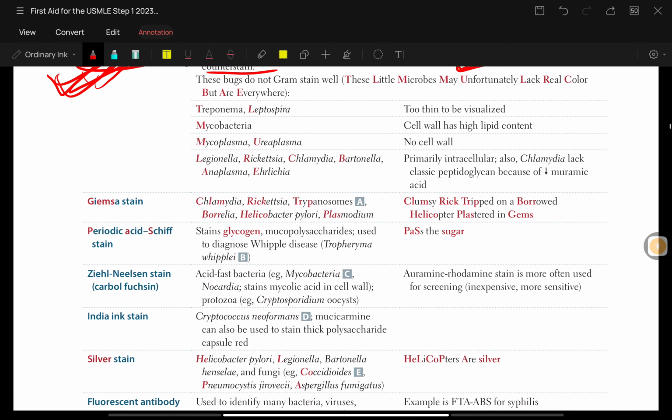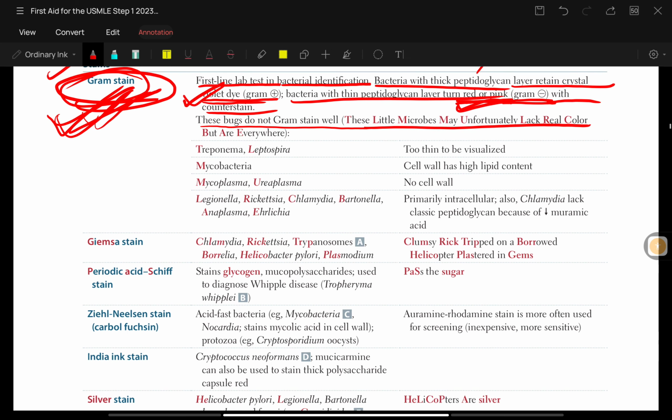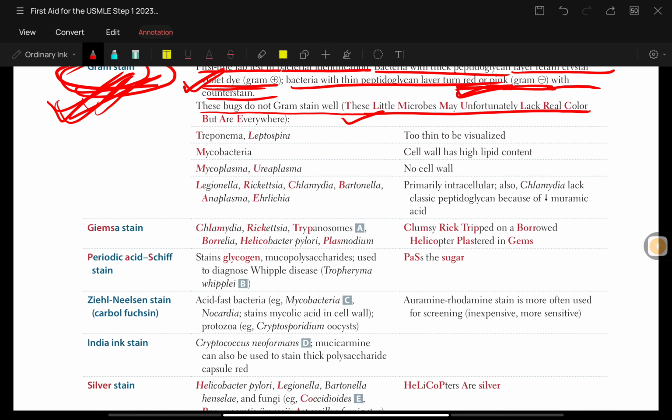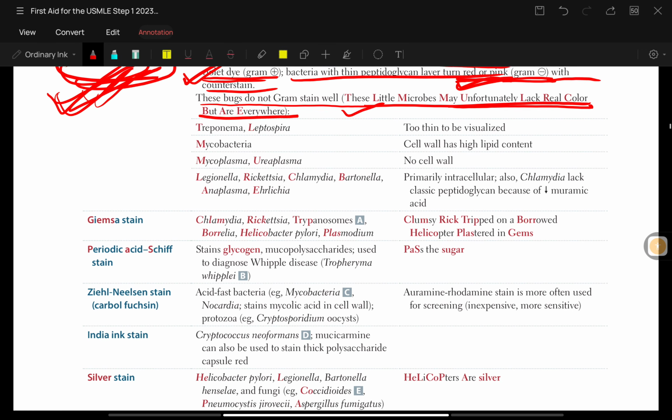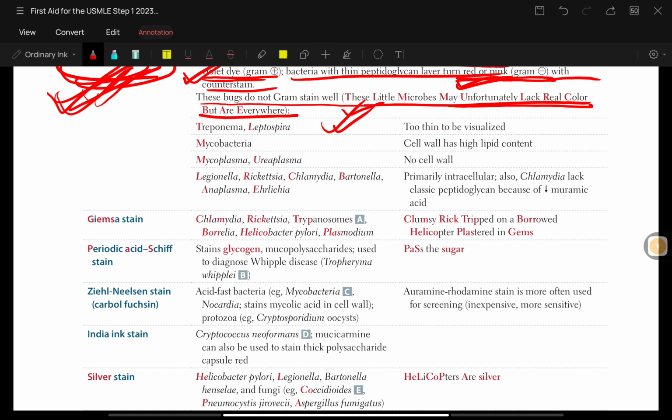Now these are the bacteria that do not stain actually. A mnemonic is given: The Little Microbes May Unfortunately Lack Real Color But Are Everywhere. So T is for Treponema, L for Leptospira, and Mycobacteria, Mycoplasma, Ureaplasma, and then we have Legionella, Rickettsia, Chlamydia, and